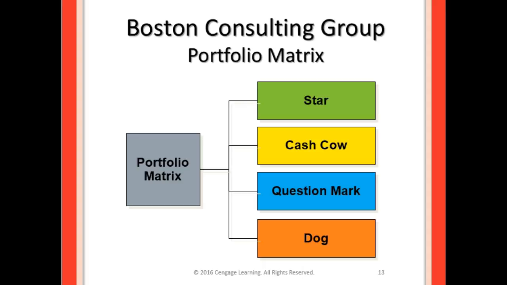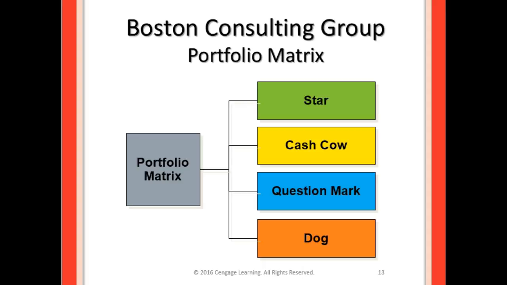All right, a star is a fast-growing market leader. Very, very good. Usually has large profits, but you have to keep providing it cash in order to grow. You have to keep investing in it for it to continue to grow. The second one, a cash cow, generates more cash than it needs, so it's profitable. A lot of times though, it is in a low growth market, so there's not a ton of growth in the market or the industry that it is in, but because the product has such a high market share, it's dominant in that low growth industry, so it's still good.